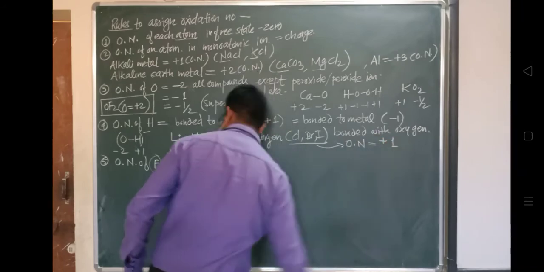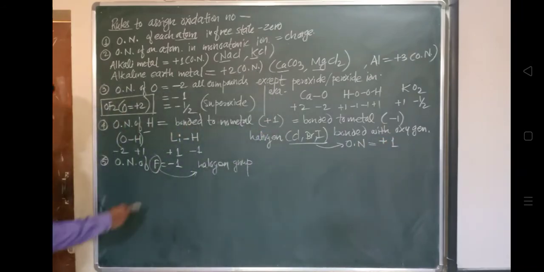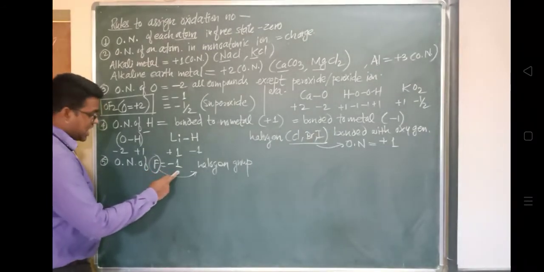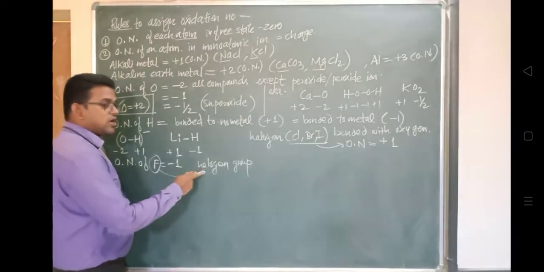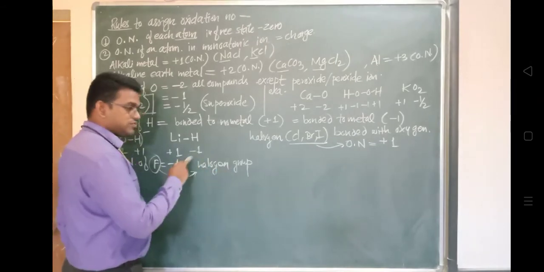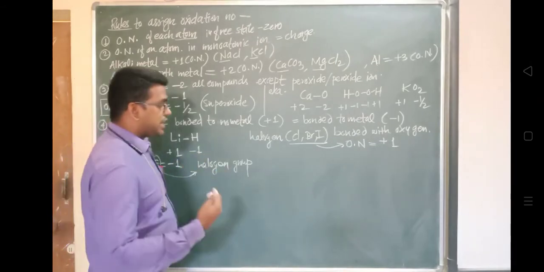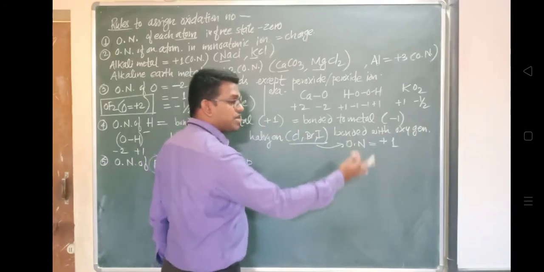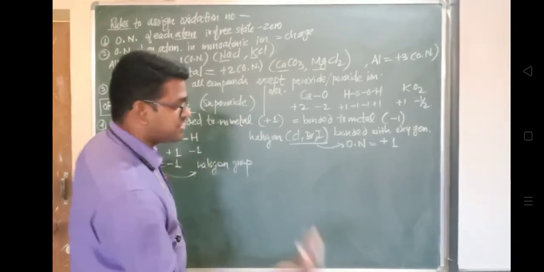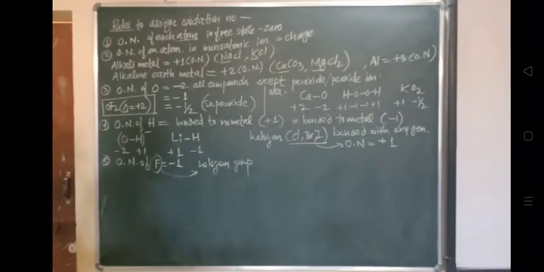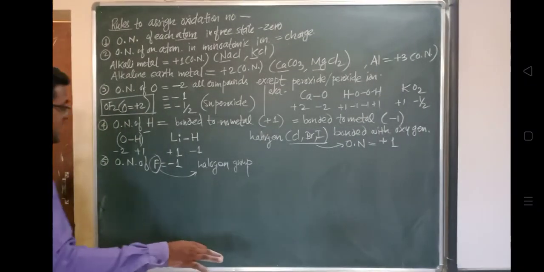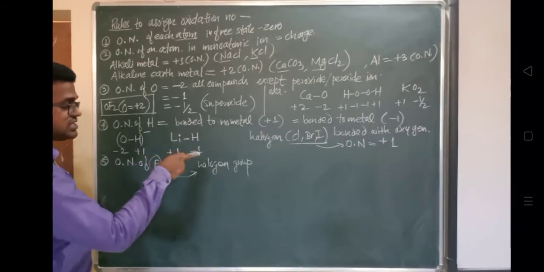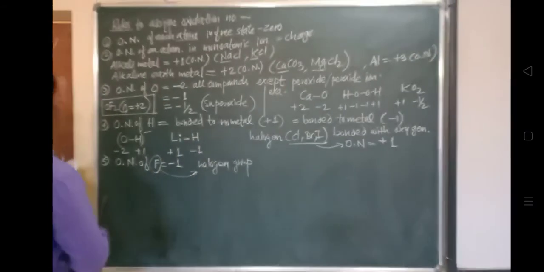So have a look at this. Generally the oxidation number of the fluorine atom is -1. It is a halogen group member. Usually all halogen group members show -1 as their oxidation number. And when halogens like chlorine, bromine and iodine are bonded with oxygen, जब ये bond होते हैं oxygen के साथ, means generally they are forming oxides, in that case the oxidation number of these halogens is +1.